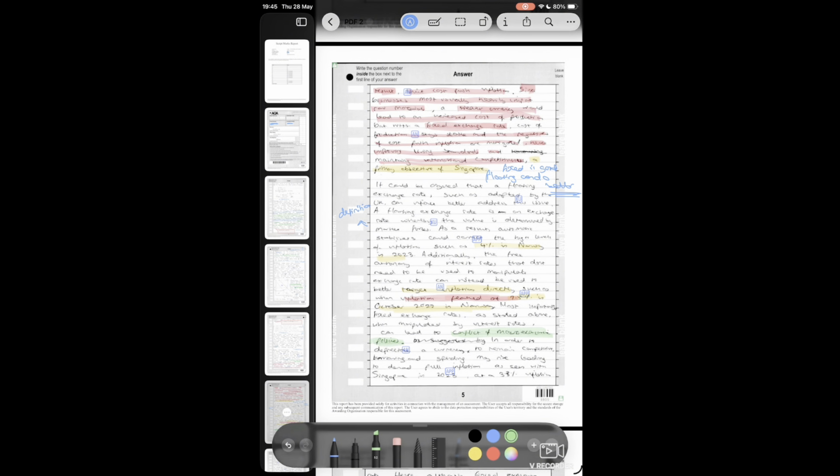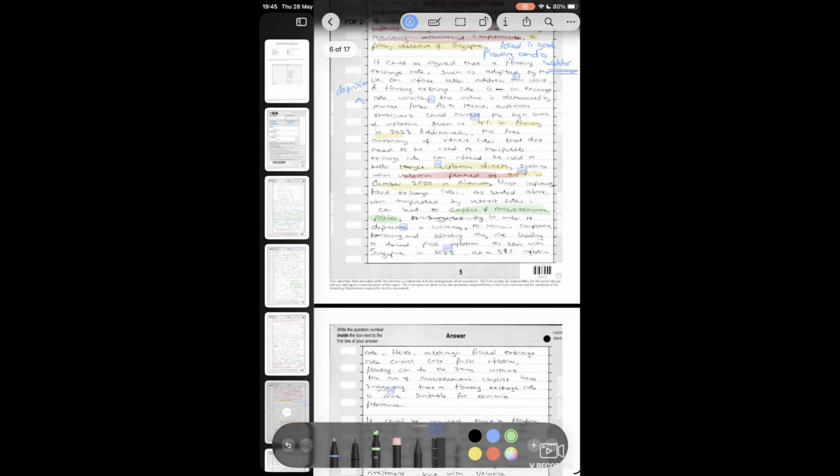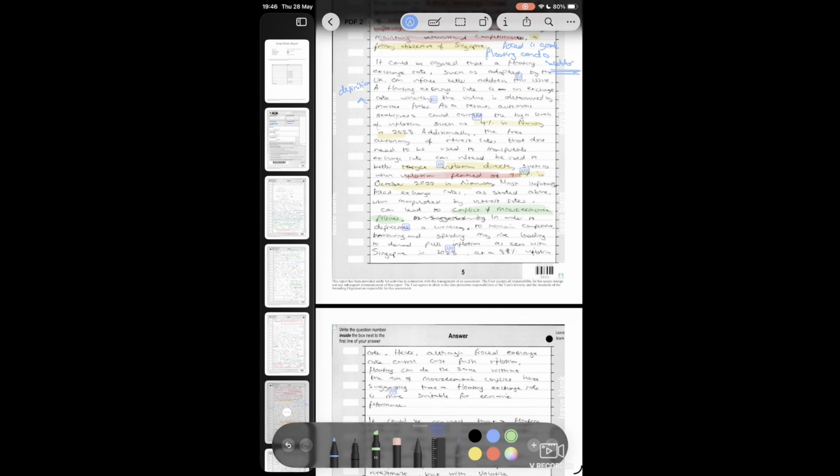In order to depreciate a currency to remain competitive, borrowing and spending may rise, leading to demand-pull inflation, as seen with Singapore in 2023 at 3.3% inflation. Right. One more thing, guys. Key. What type of inflation are we talking about? Demand pull, cost push. You need to make sure you're specifying,